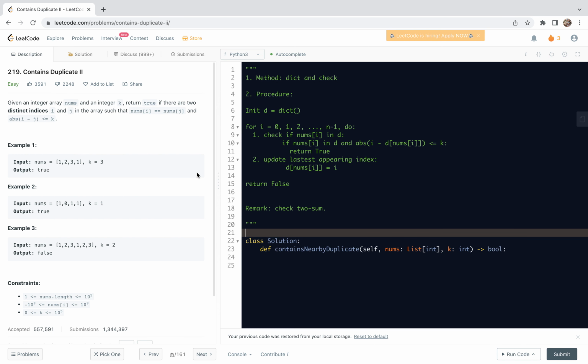Let's have a look at today's daily challenge problem. Problem 219, Contains Duplicate II. In this video, we're going to share a solution based on the routine dictionary and check idea. First, I'll read through the statement to digest the problem requirement, and then we do the analysis and share the